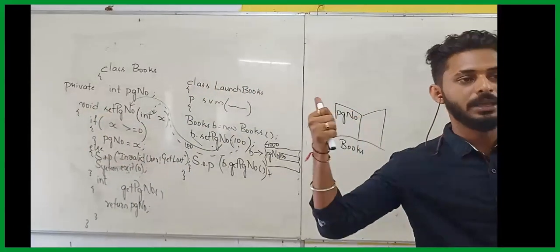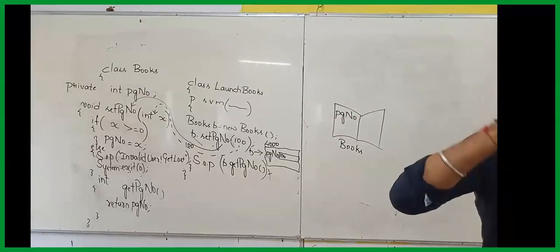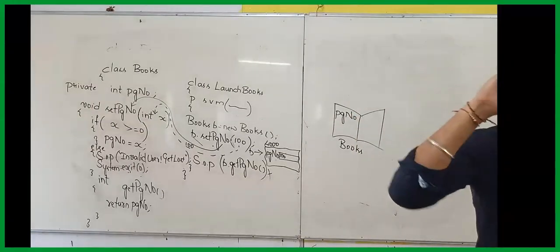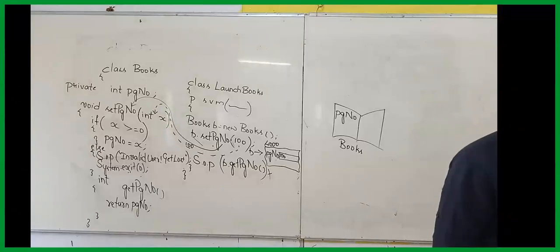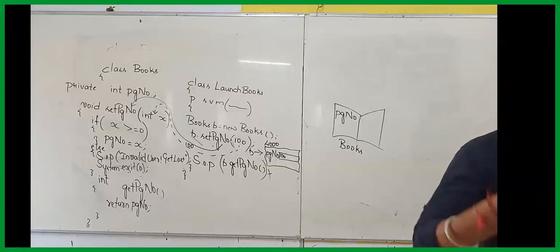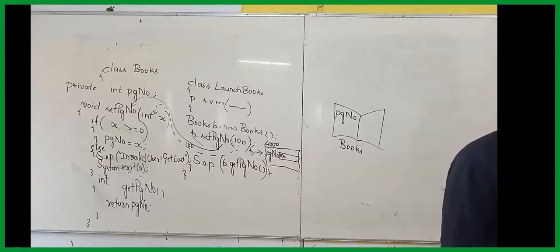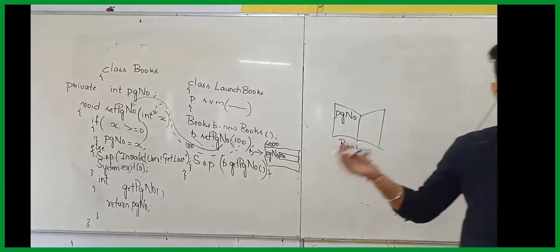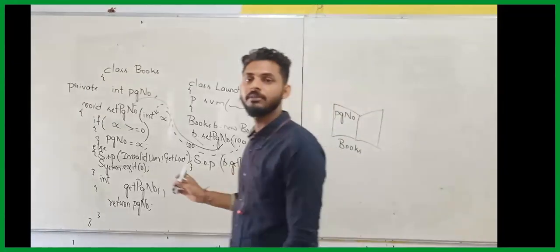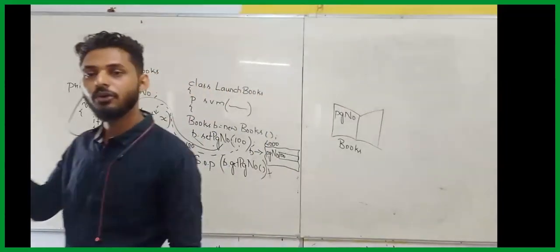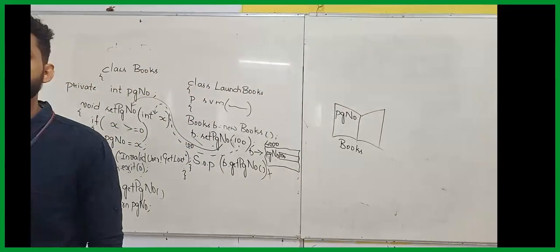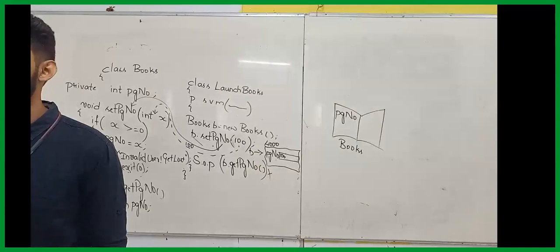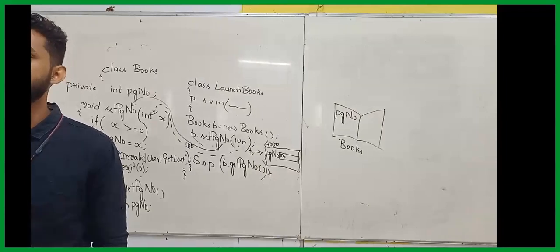If I make it private, in that example, try to remember the temple example. If I put walls, what will happen? Nobody can access. To be specific, be it a valid user or an invalid user, no one will be able to access God. Or in this case, whether he is a valid or invalid user, irrespective of that, everyone will be considered invalid and no one will be able to access that particular variable. If we make it private, so what we have done normally in that process, if you observe carefully, what we are doing,